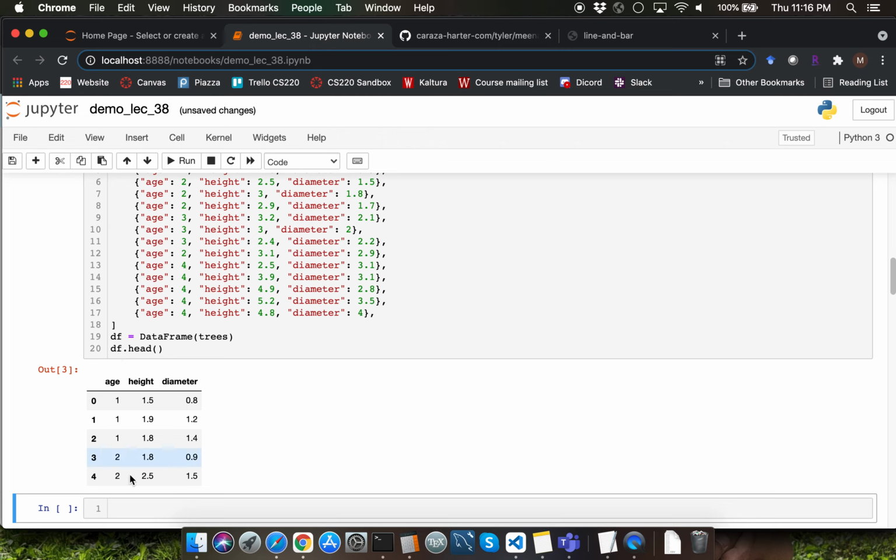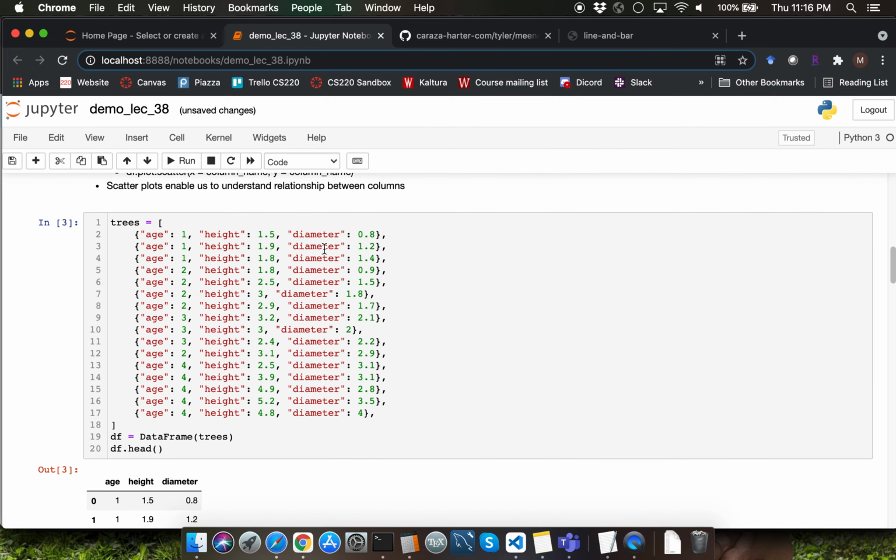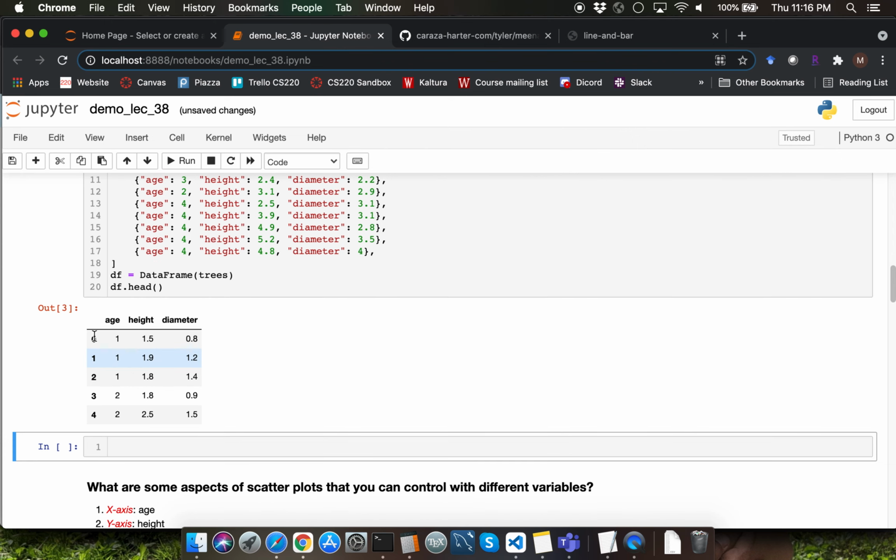We are only seeing the top 5 rows here because I'm invoking the head function using df. Observe that each of the inner dictionaries has become a row within the data frame df. Let's produce the scatter plot for this example. So I'm going to type